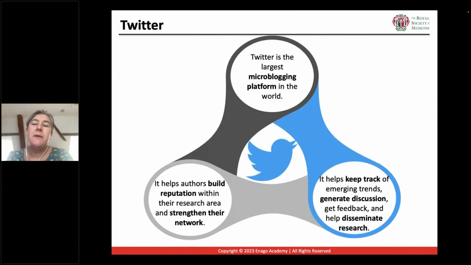And then you've got Twitter, which apparently now a third of all scholars are active on. So which then means that there's a natural audience there potentially. You can set up lists to be able to curate your own news, and you can follow other people's activities. You can find out about conferences and even participate in conferences through hashtags and things.